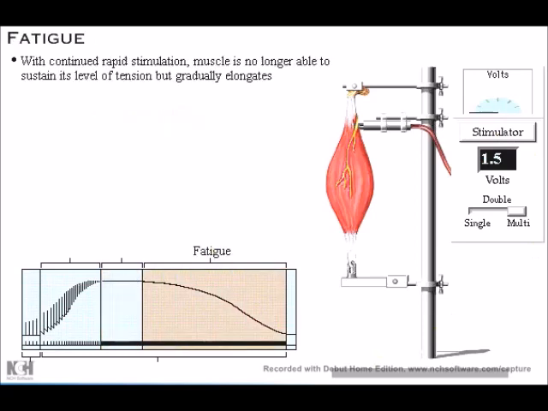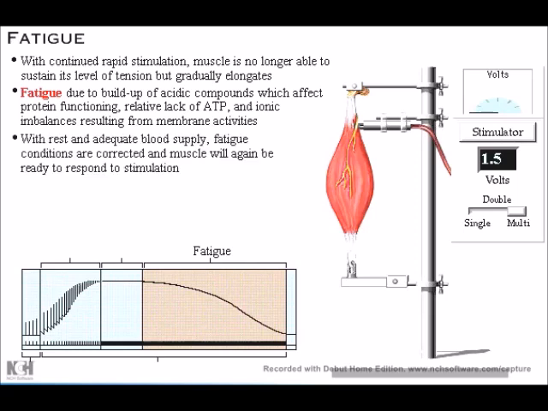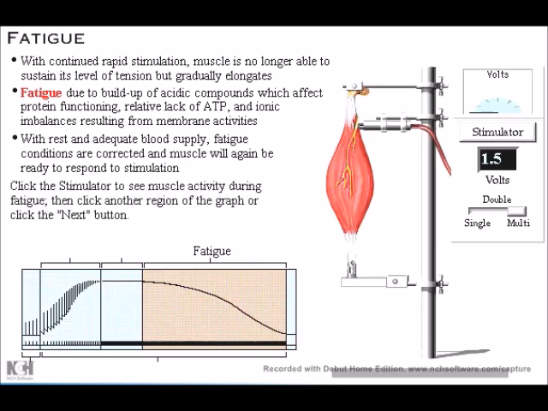With continued rapid stimulation, fatigue becomes apparent as the muscle is no longer able to sustain its level of tension, but gradually elongates. Fatigue is due to multiple factors: buildup of acidic compounds which affect protein functioning, a relative but not total lack of ATP, and ionic imbalances resulting from membrane activities. With rest and adequate blood supply, fatigue conditions are corrected, and the muscle will again be ready to respond to stimulation. Click the stimulator to see muscle activity during fatigue. Then